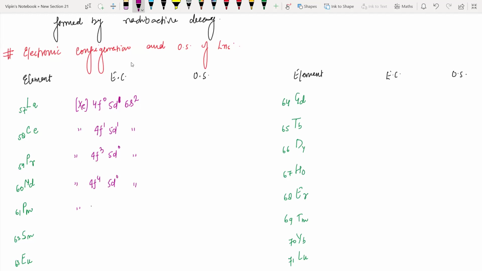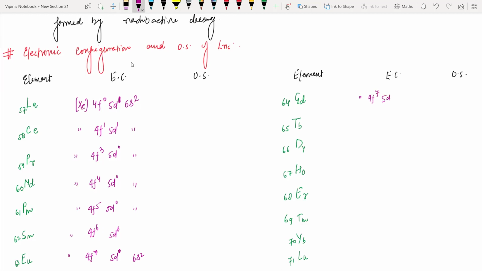Here in case of promethium, 4f5, 5d0, 6s2. Here 4f6, 5d0, 6s2. Usually it is 6s2, I'm not writing it. Here this is the 4f7, important, 4f7, 5d0, 6s2. Here it is very important. Listen, this is a half filled configuration. So here will be